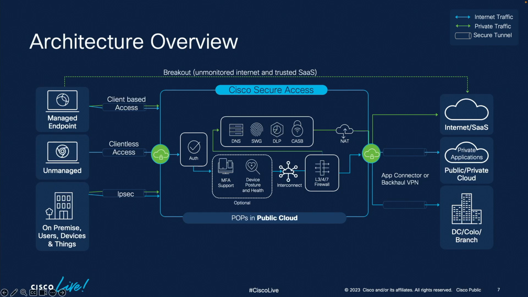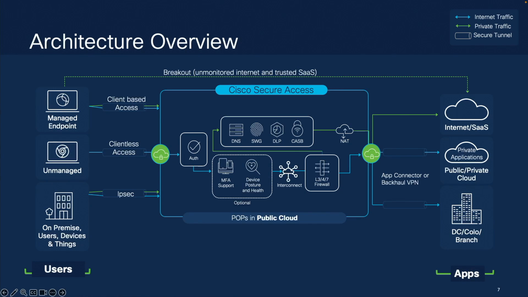So here on the left, what we have are our users. On the right-hand side, these are the applications, the resources that our users want to access. And in the middle is basically the secure access solution, providing the security, this is our cloud security infrastructure. All of the components that I talked about, DNS, secure web gateway, DLP, CASB, firewall, all